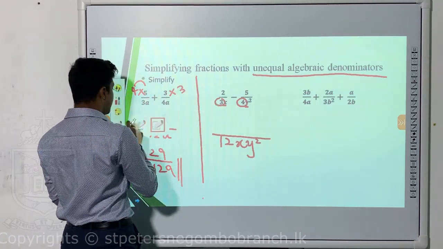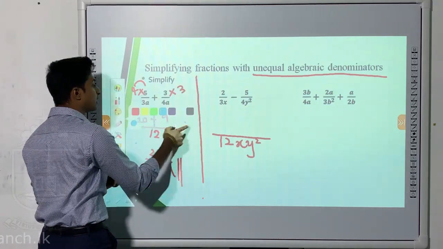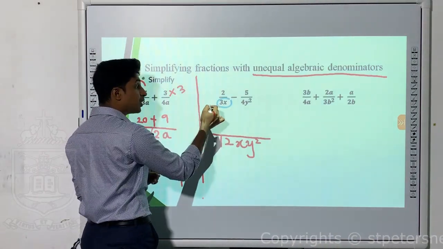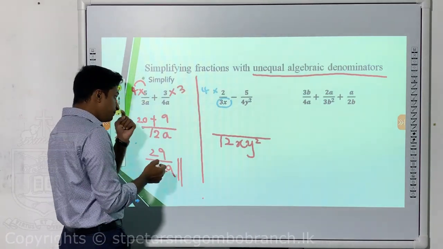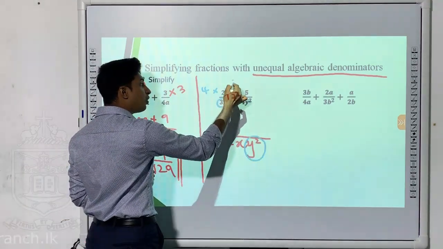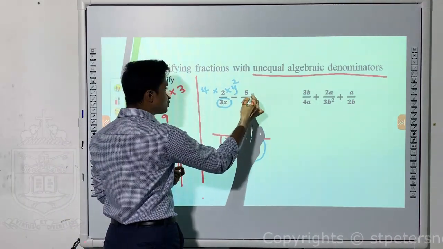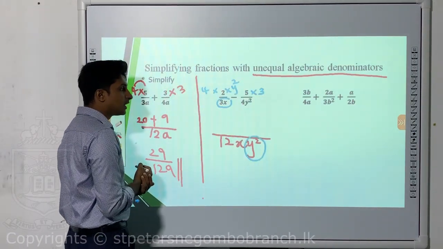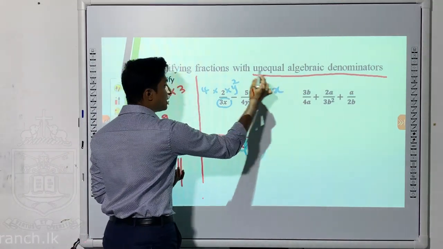Now listen very carefully. What we are going to do is 3 we have converted to 12. That's fine. In this fraction, for 3x, you have converted into 12. That means you have multiplied this by 4. Then the upper number also should multiply by 4. Also, you have x here. You don't have y squared here. So you have to give y squared also. In this one, you have 4. So 4 has been multiplied by 3 to get 12. So this also should be multiplied by 3. It has y squared. It does not have x. So you have to give x to that.